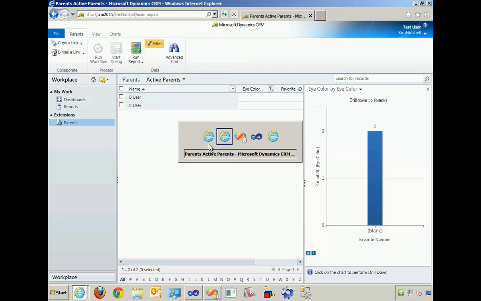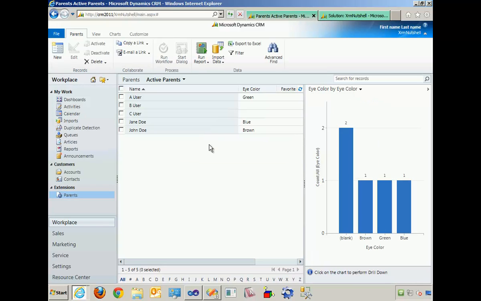All right, I'm still in the test user view. Let's go back to the administrator view. So far, we've built an entity. We've done some basic interaction with the form. We showed role-based security. We built, modified a view. I've showed you already how you can create your own views with advanced find. We've shown charting. So next thing I want to do is show you how you can define relationships between